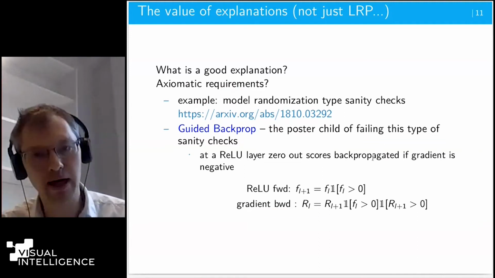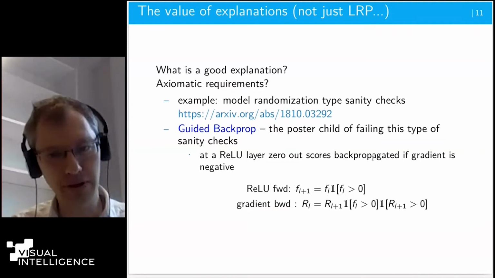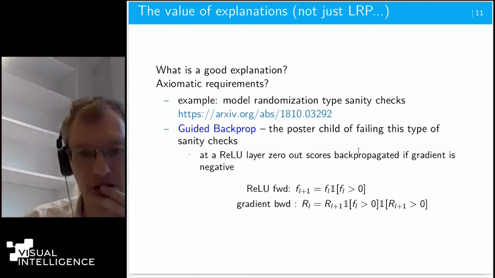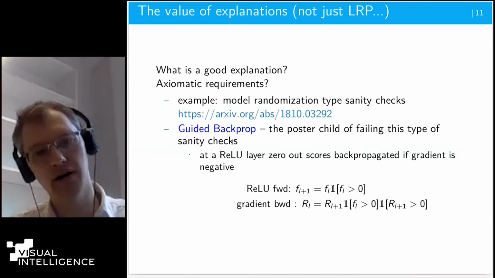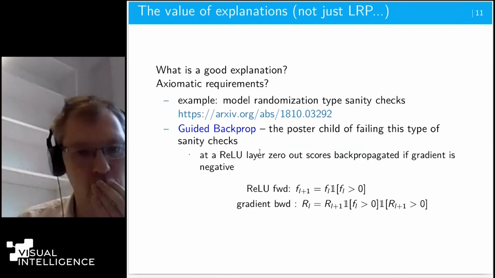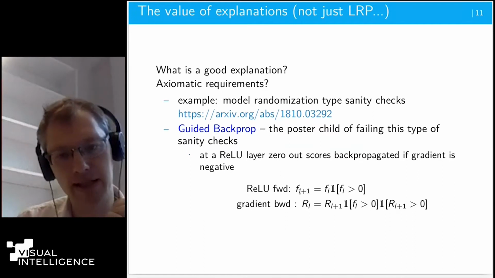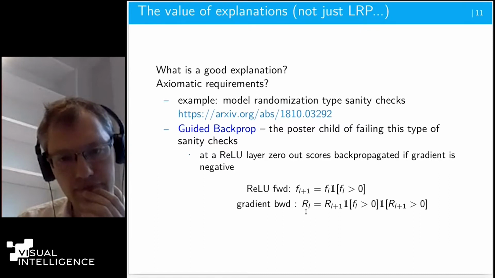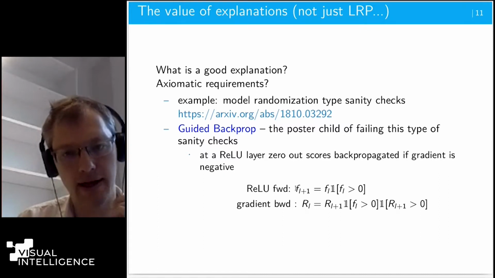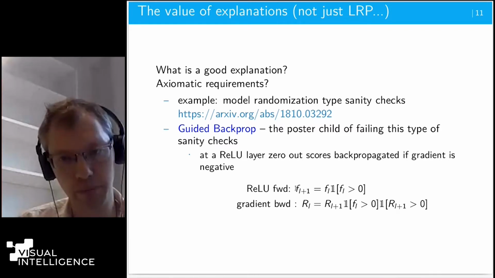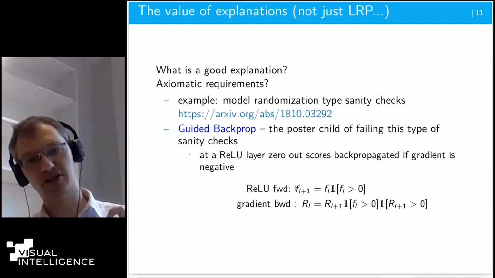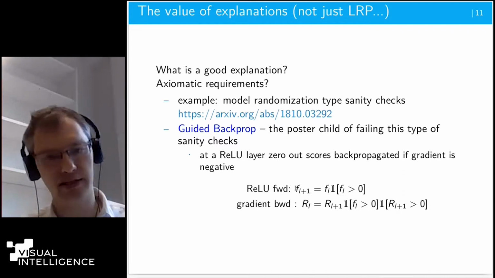There is one method that is horribly failing these model randomization type sanity checks. That's guided backpropagation, from a paper by Springenberg, and that's in principle a very simple idea. I look at every ReLU layer, and during backpropagation, I zero out the backpropagated scores if they are negative.